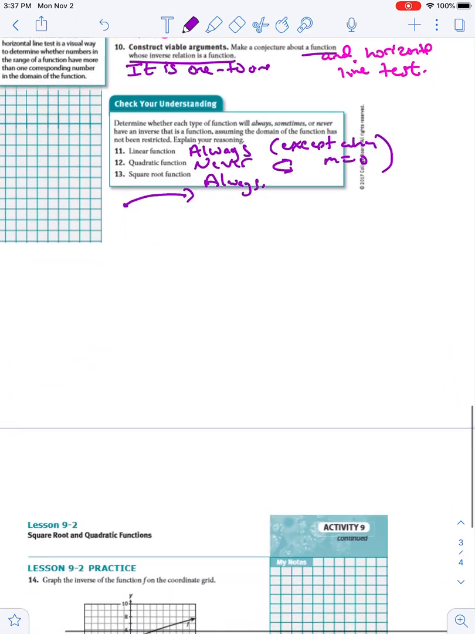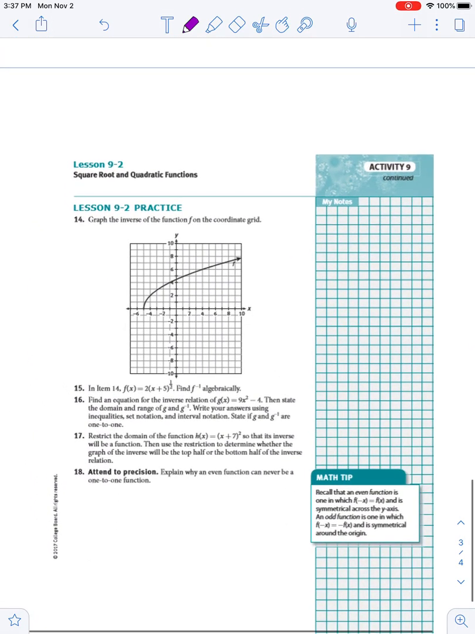Okay. Next page, we have the practice. So that's it. We're good to go. You guys will work on this for your assignment, and we'll also do some of these in class. Have a great